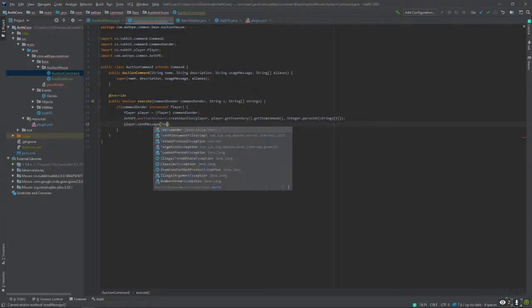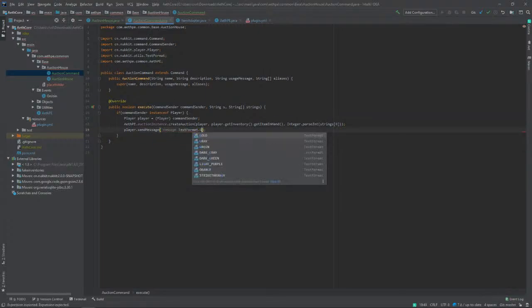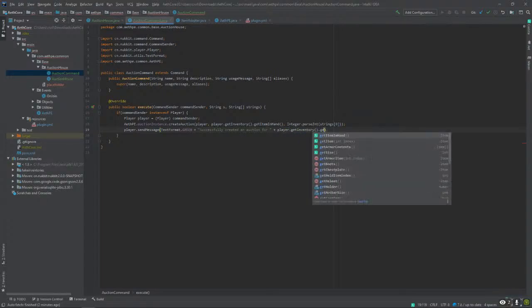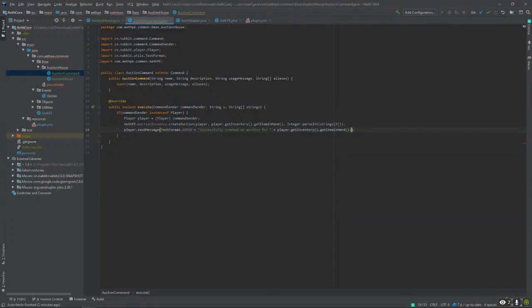Player.sendMessage text format dot green plus successfully created an auction for player dot inventory dot get item in hand dot get name, just get name, plus for, plus strings of 0.